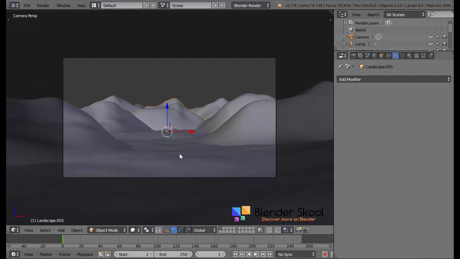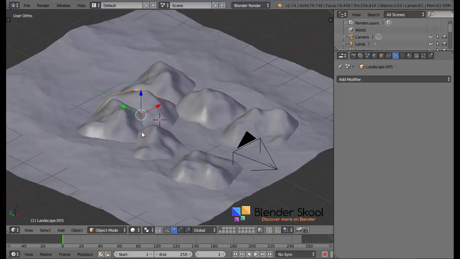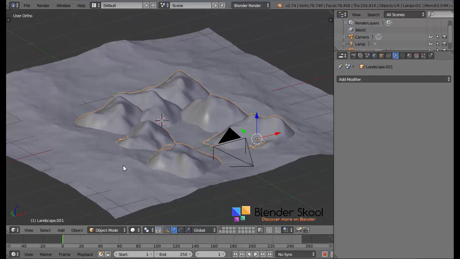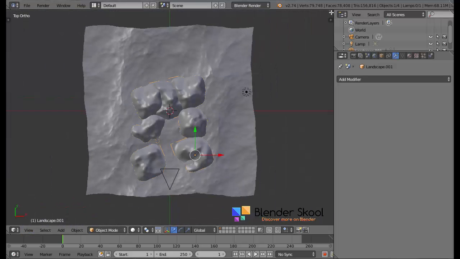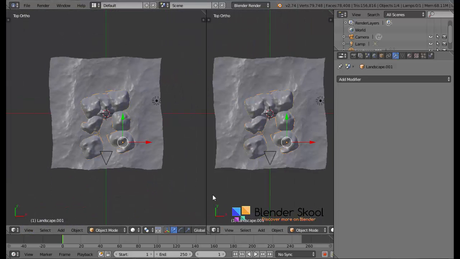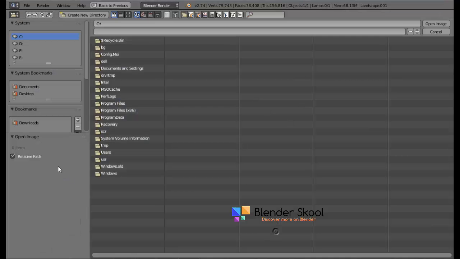And now let's do the materials quickly for the mountains. Select all the mountains by holding down Shift and right clicking, and we're going to join them for now. Press Ctrl J after you select all of them, and now we're going to unwrap them. Split the screen like this, and then change this to be the UV image editor. Click on open, and then this texture